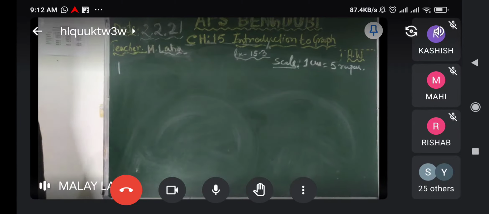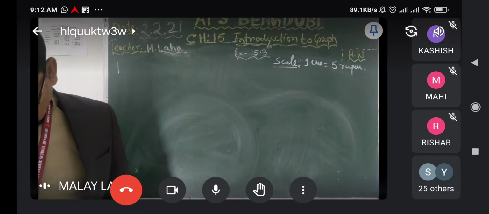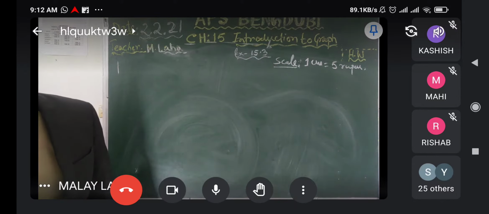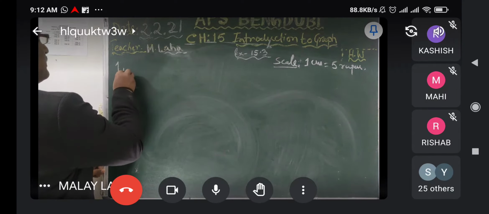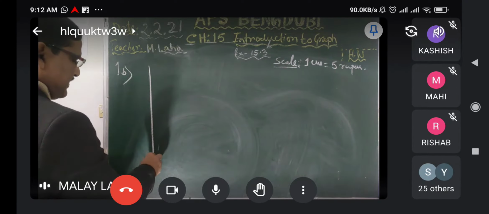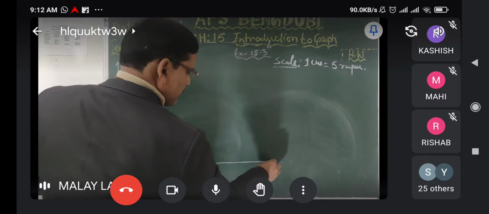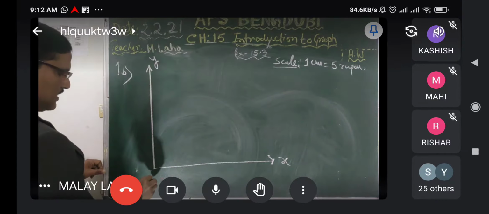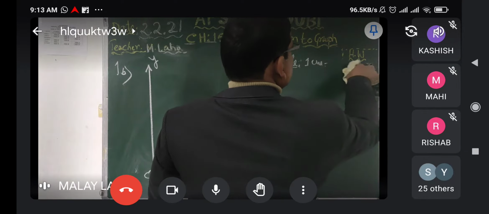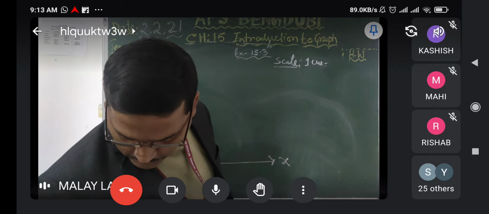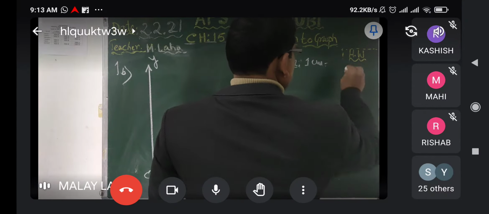You see, next question is saying what? Distance traveled by car: 6 am, 7 am, 8 am, 9 am. So this will be horizontal. And how much distance is covered? 40, 80, 120, 160. So here also, vertical line refers to distance, horizontal line refers to time. So it is x-axis, this is y-axis and origin, and scale will be what? Here the scale 1 centimeter should refer to how much? 40 kilometers. 1 centimeter refers to 40 kilometers.